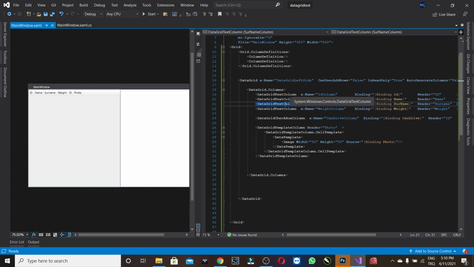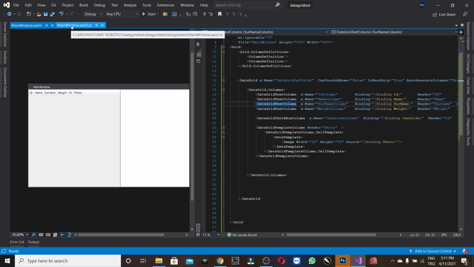For numbers and text, you add a Datagrid text column. If you want a checkbox, you can add a checkbox column. If it's something else, a canvas, an image, a group box or a button, you can use Datagrid template column,